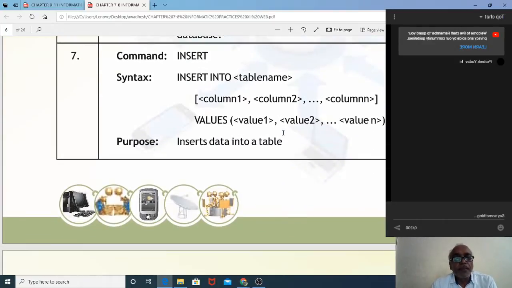Yeah. Next we have INSERT INTO table_name. Clear? Column 1, column 2, and so on, and VALUES: value 1, value 2, depending on the columns which are used. Suppose it is a text or string, then you have to write the string value in inverted commas or apostrophes. And if it is a number, then you have to write only the number, separated by commas. You have to remember the comma.